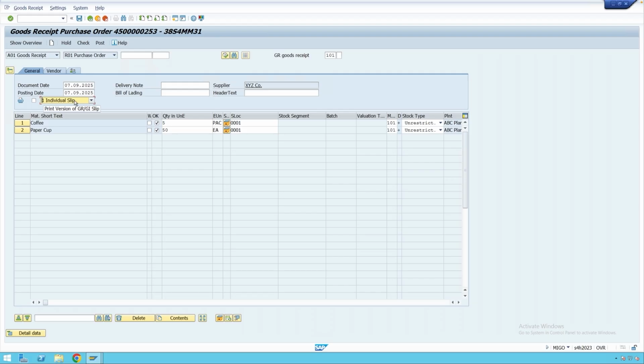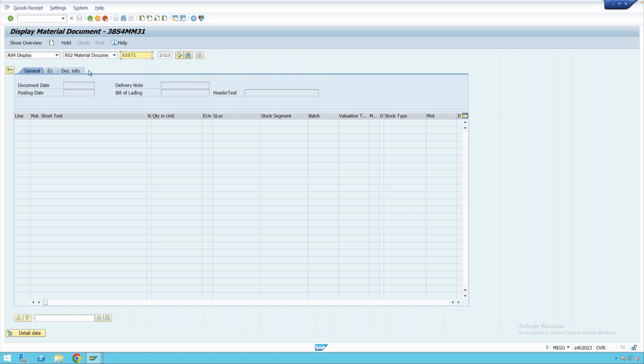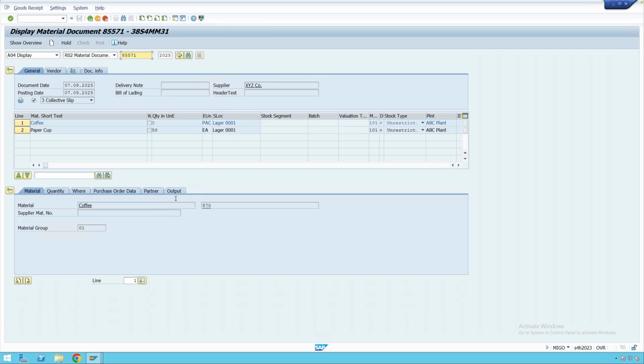Now this time what we'll do is we'll select this collective slip here. We'll click on this particular checkbox and then we'll post this document. So let's post this document. Now let's display this document and let's press enter. And now if you go to the detailed data, you can see for item 1 the